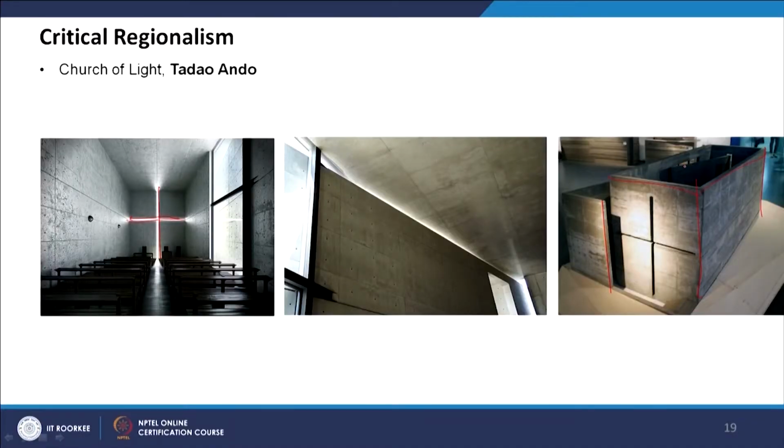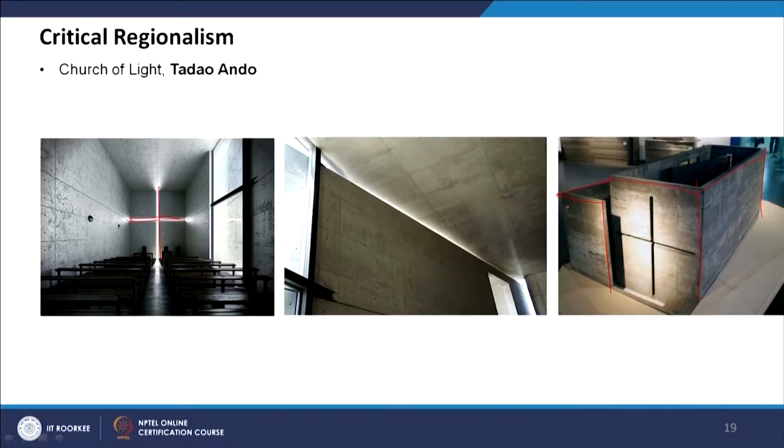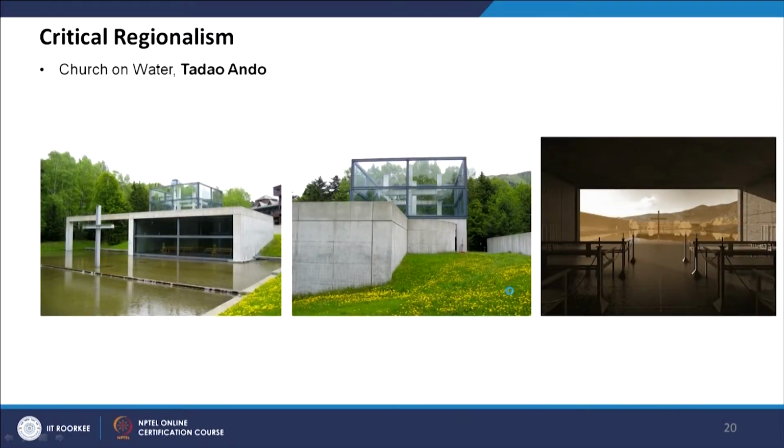Similarly, in the Church of Light, he is doing the same thing, and if you look at it, this is a very minimalist building. Tadao Ando is a minimalist architect, but he's also a postmodernist architect, because he takes the inspiration and design elements from outside into his design. This building is just two elements, and from the other sides the natural sunlight is coming and playing a pivotal role in the design.